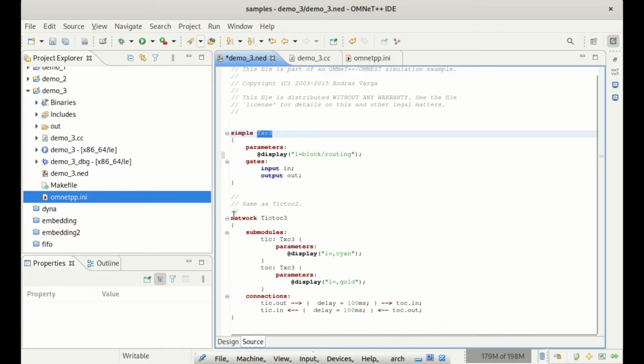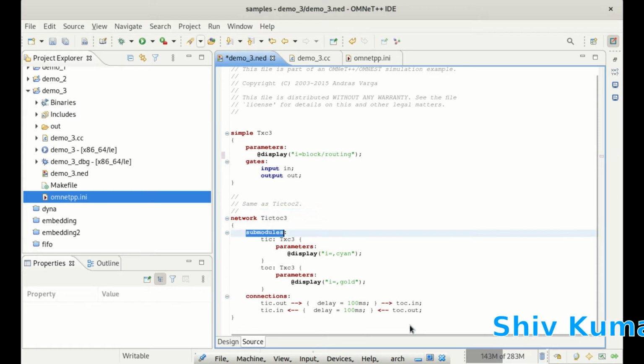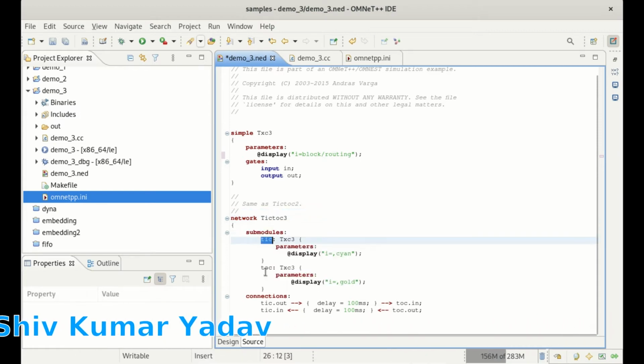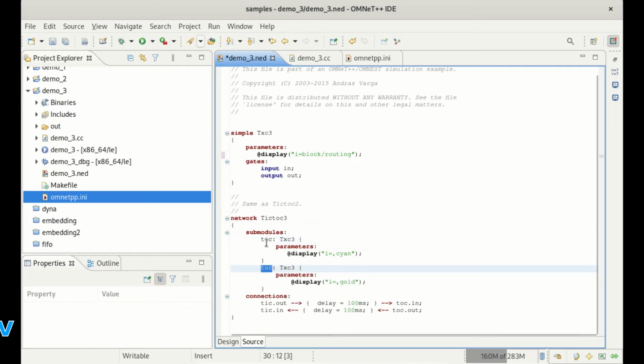Second thing, we can see here the network. This module will work in a network, so for this we are taking a network and we gave it the name Tictoc3. We can give any other name also. Here we are taking some modules, tic and toc. You can give whatever name you want, and they inherit the properties from the Txc3 simple module.